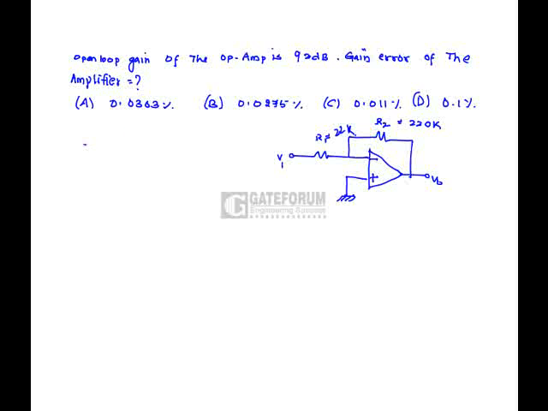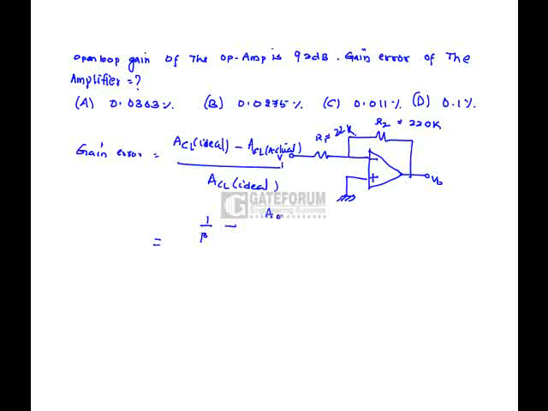Here the gain error is defined as ideal closed loop gain minus actual closed loop gain divided by ideal closed loop gain. That is, ideal closed loop gain is 1 by beta and the actual is AOL by 1 plus AOL beta